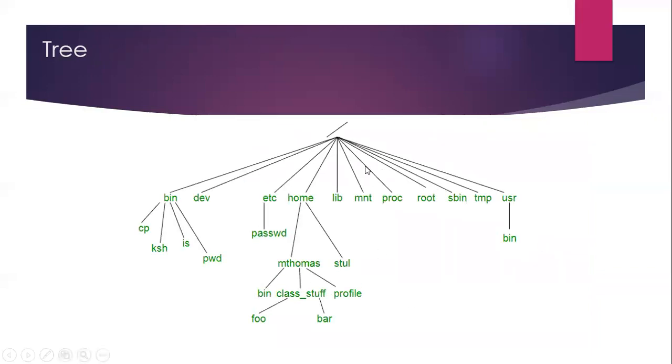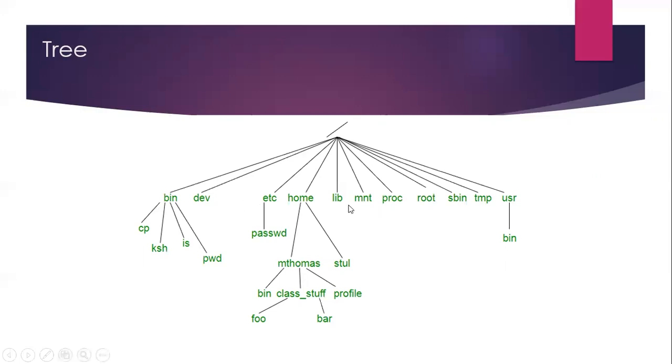Then the next one is the tree data structure. A tree has some root and some leaves, so the same thing is applicable over here. I'll give an example. This is the tree structure of the file system of Linux. Now suppose I want to save one file inside bin. What I will do is first open the root.